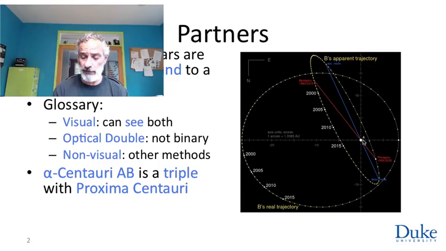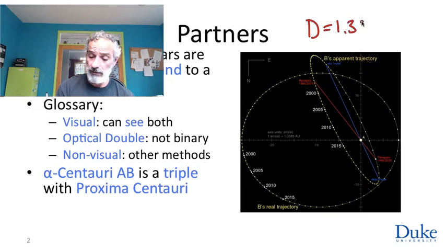So what we've done here is we've fixed the brighter A component at one point, and then plotted where in the sky the B component would appear. These are right ascension and declination axes, and the scale, or the angles, are marked in arcseconds. Since we know that the stars are both about 1.3 parsecs from Earth, well, at a distance of a parsec, an angular separation of 1 arcsecond corresponds to an astronomical unit. So the arcsec ticks on the scale correspond to distances of about 1.3